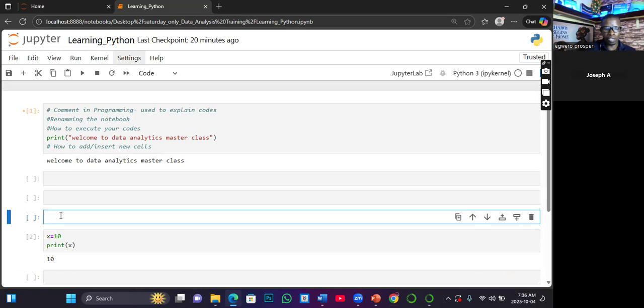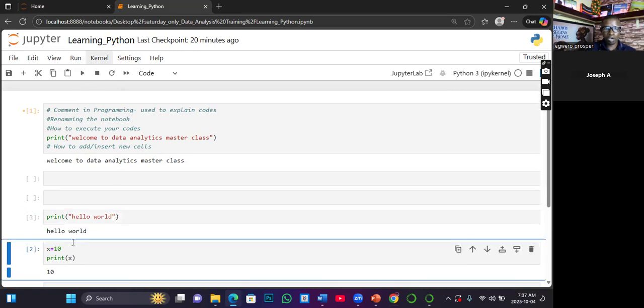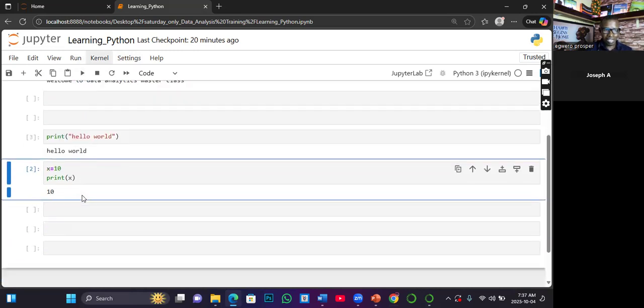Let's say I have print hello world here, and then I have executed it. Now I want to bring in a cell in between this and this.